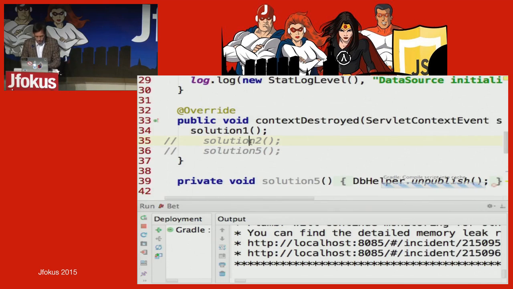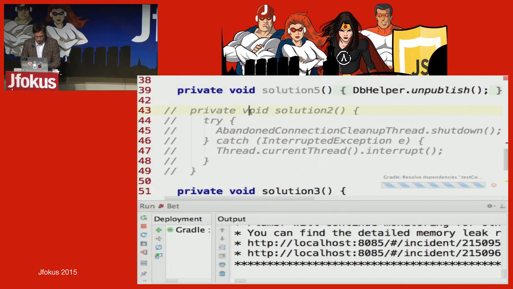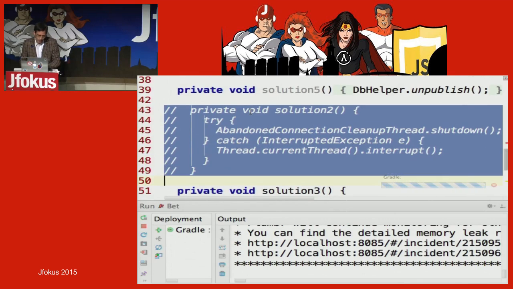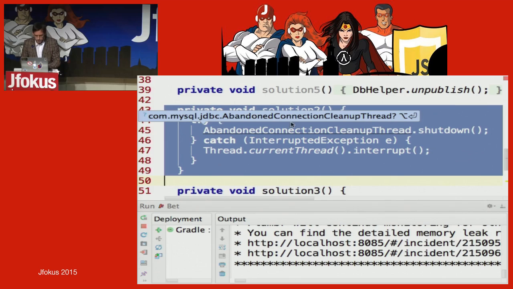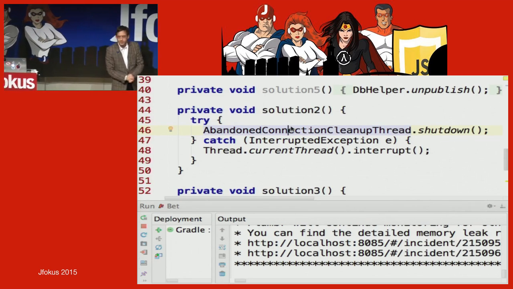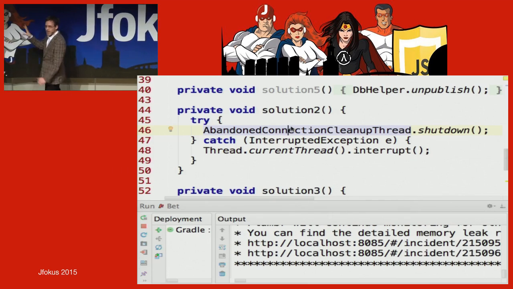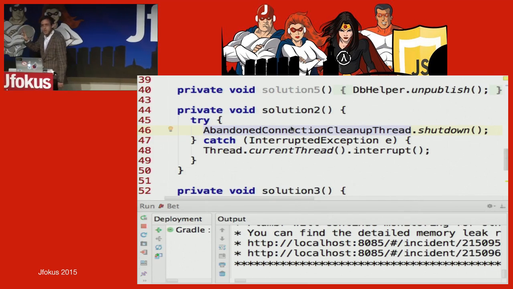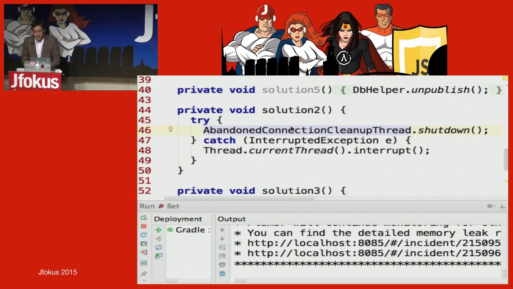Then, when your application is being undeployed, or whenever you are done with MySQL JDBC, you have to call AbandonedConnectionCleanupThread.shutdown by hand. That thread wasn't there before version 23, so you had to. Now, question: